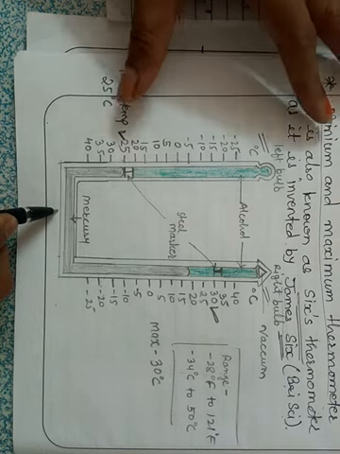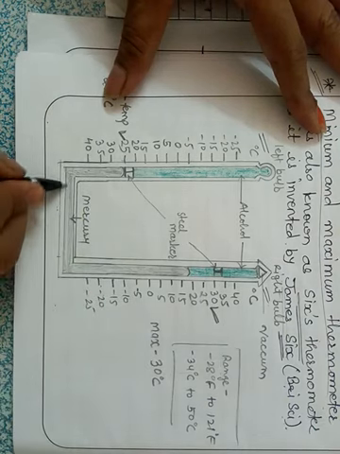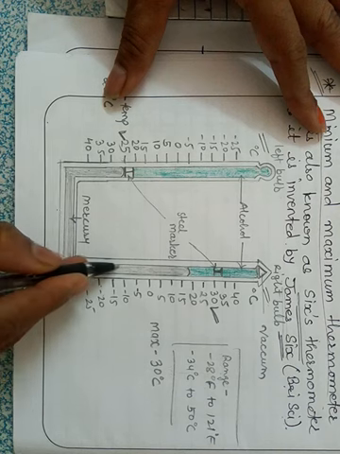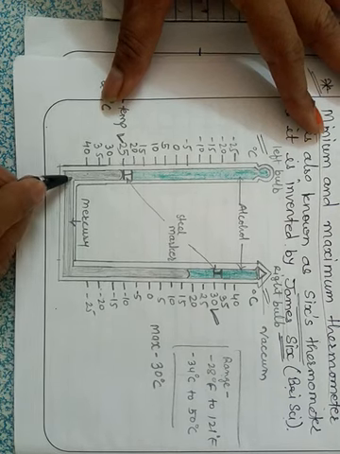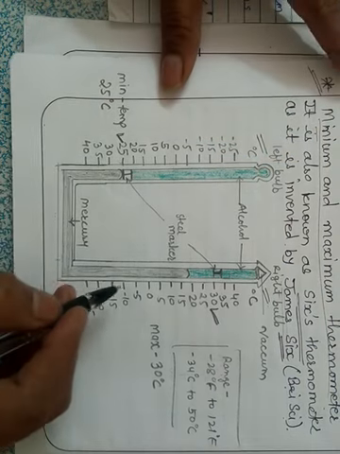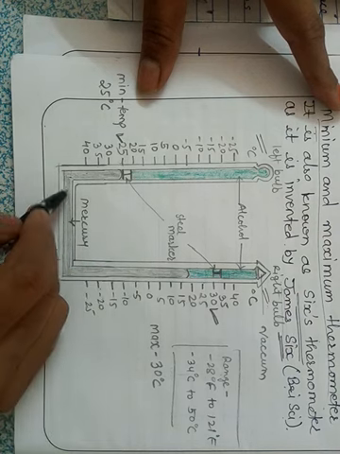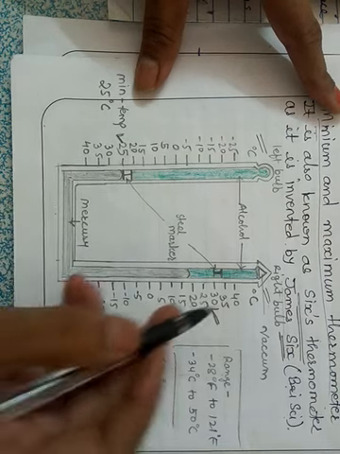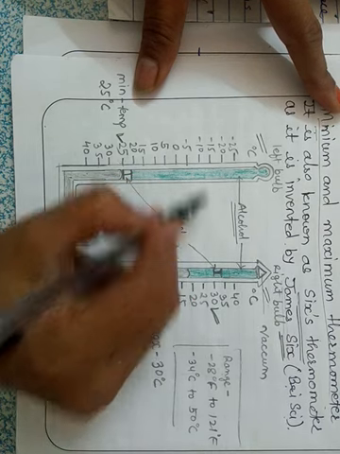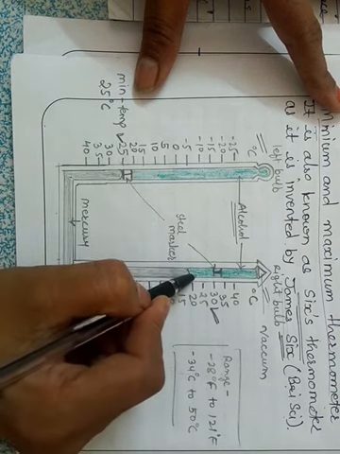So the bend at the bottom of this thermometer contains mercury. You can see here mercury, this gray color. So mercury is here only in the bottom side. Okay, and it moves up or down based on the expansion and contraction of the alcohol. Now where is the alcohol? The alcohol is here at both the ends of this tube. It is filled with alcohol.